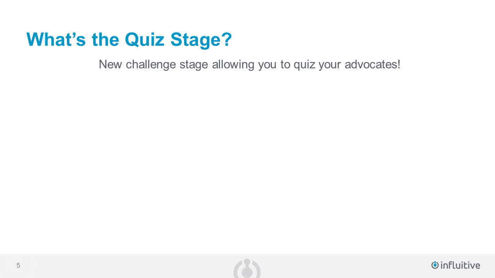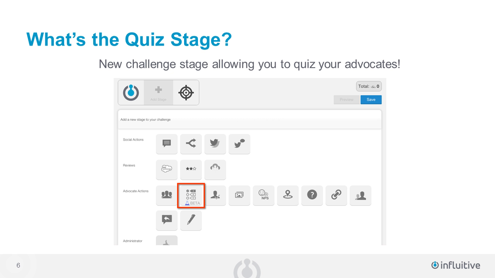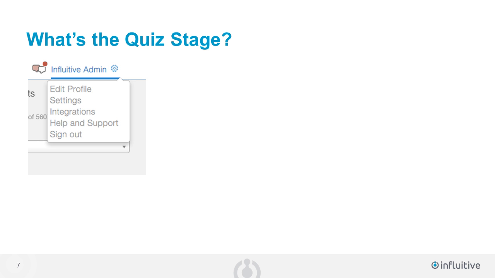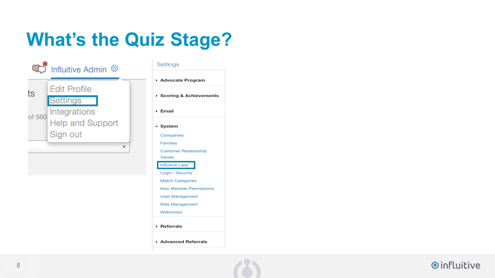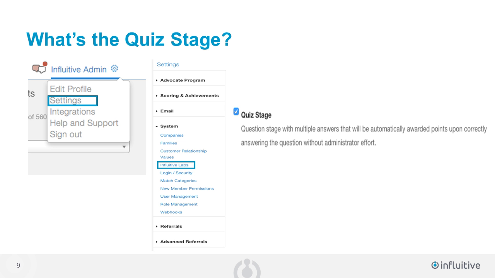So to begin, what is the quiz stage? It's essentially a new challenge stage allowing you to quiz your advocates. And when you are adding a new stage, you can find the quiz icon under Advocate Actions, as seen highlighted in red. And to activate this, if you just look at the top right corner of your screen on your account, you can go into Settings. And then from there, under Settings, under the System drop-down menu, you can see Influitive Labs. And then from there, all you got to do is check off the quiz stage option, and then you're good